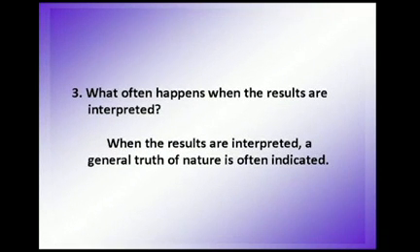The given question is, what often happens when the results are interpreted? For this question, you will have to find the answer in the third line of the first paragraph. The text says that often, when these records are interpreted, a general truth of nature is indicated. Notice that the question word used here is "what happens," and you can lift the sentences directly. So, according to the text, the complete answer is: when the results are interpreted, a general truth of nature is